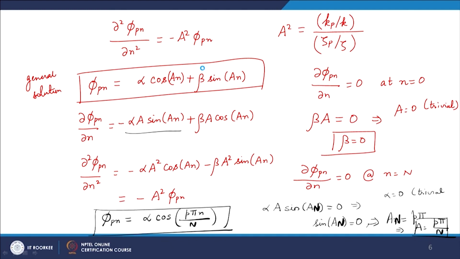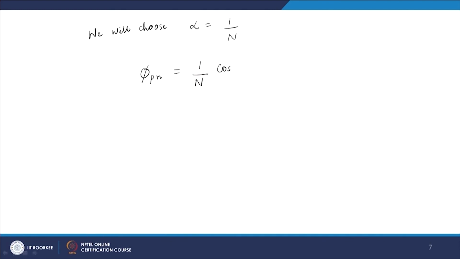So, it is up to us which alpha value we are going to choose. So, we will choose alpha equal to 1 by N, that is phi_p(n) will be 1 by N cos(p pi n by N),